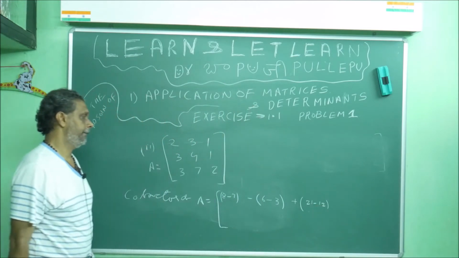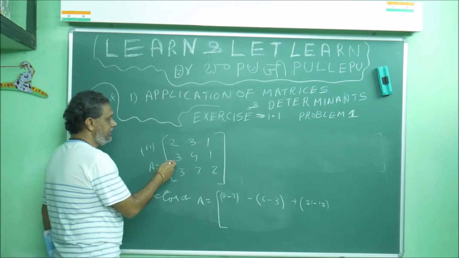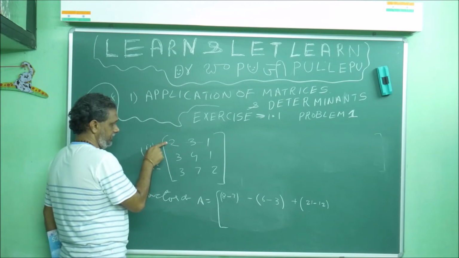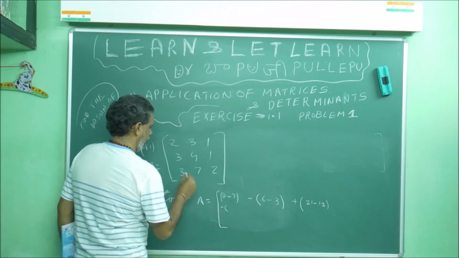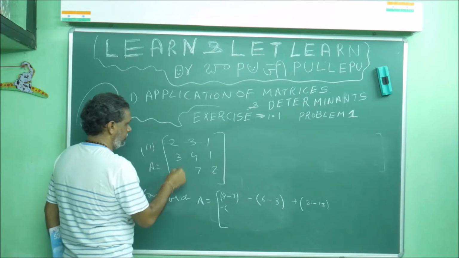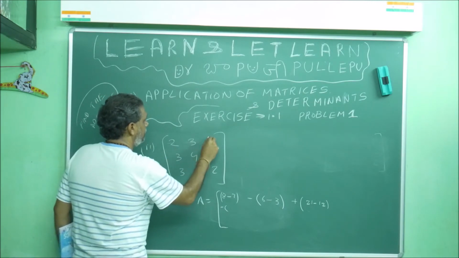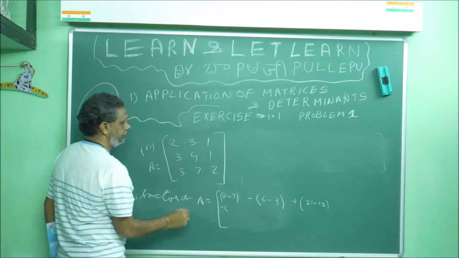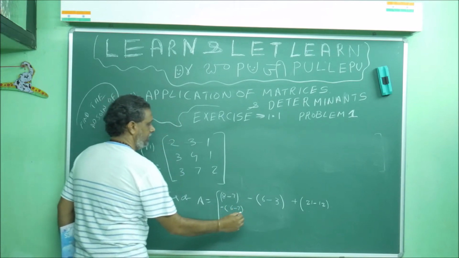Getting or not? I am finding only the cofactors now. Now the cofactor of this 3. Leave this row, this column. What I told: first row starts with plus, second row starts with minus. If it starts with minus, write minus. This row is 3, 4, 1 and 2, 3, 3. Then the balance is 3, 1, 7, 2. So 3 times 2 is 6 minus 7. Correct or not? Minus again, plus.